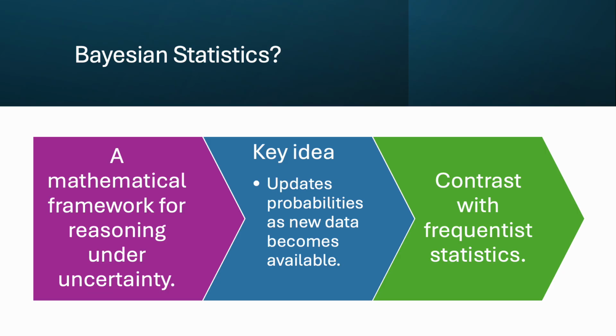By treating probability as a measure of belief, Bayesian methods enable AI systems to make more informed and nuanced decisions, even when faced with ambiguity. This capability is essential for applications ranging from medical diagnosis to autonomous driving, where uncertainty is inherent and the cost of errors can be high.